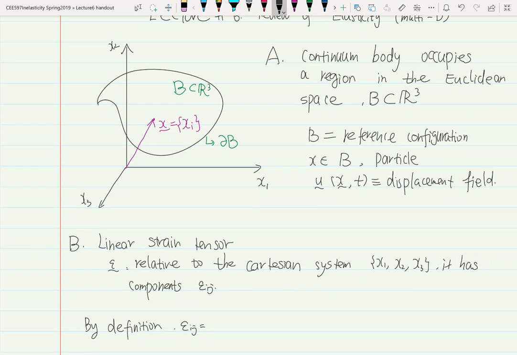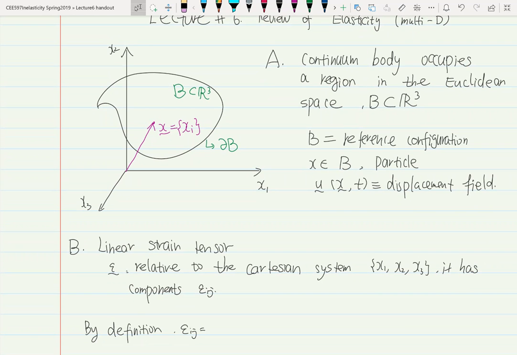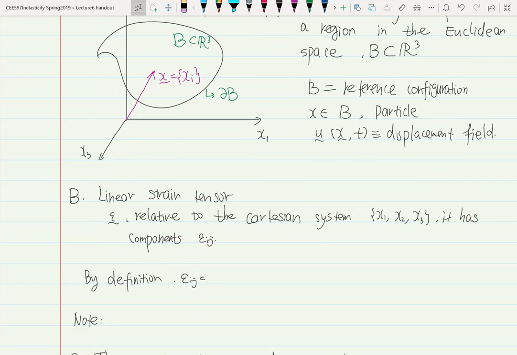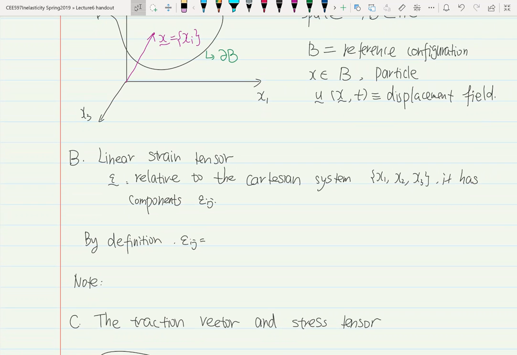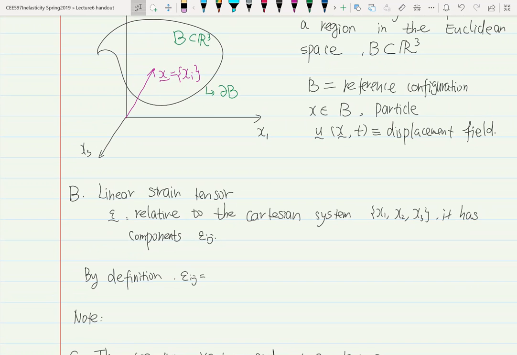Because it's in 3D, it's not like the previous case where we had just 1D. Each point X is a vector which contains three different components, x1, x2, and x3, in this Cartesian coordinate system. The linear strain tensor can also be represented inside of this body, where epsilon is defined as the linear strain tensor relative to the Cartesian system x1, x2, x3. It has components epsilon ij, and this epsilon ij follows the same rule